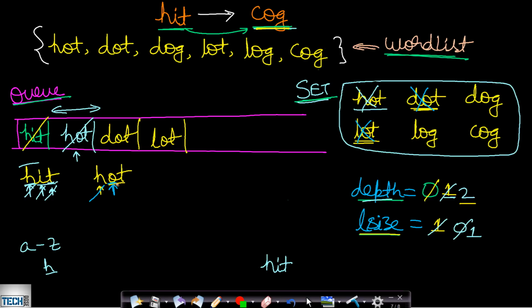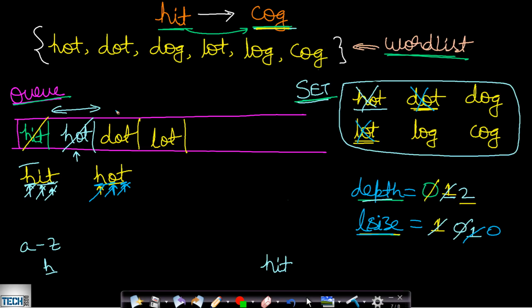So now we will be transforming this O. Is there any word in the set which is starting with H and ending with T? No. Hot was there, but it is already removed, so we cannot reuse it. Now for T, is there anything which is starting with HO? No. So this is also processed. So our L size will decrement by 1, which will be 0. Now L size is indicating that this second level has also been processed.